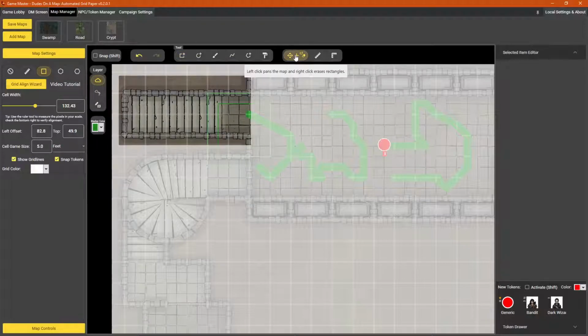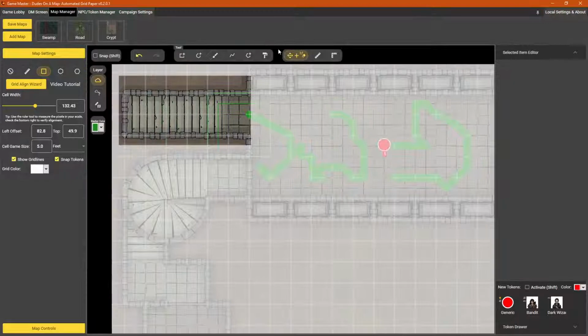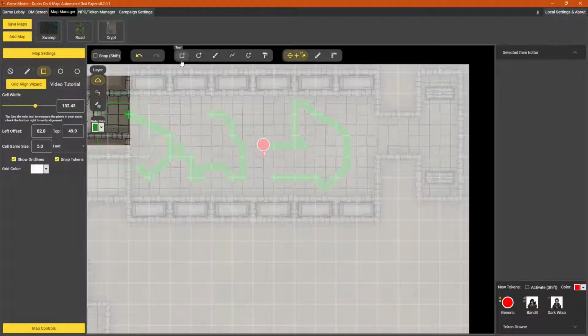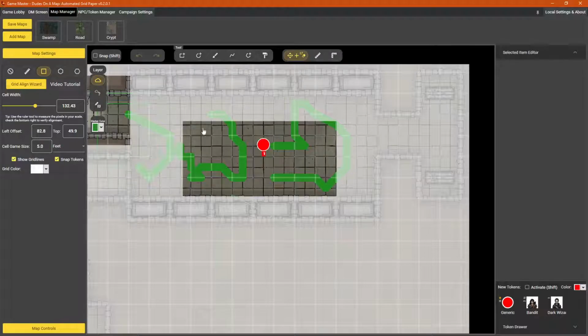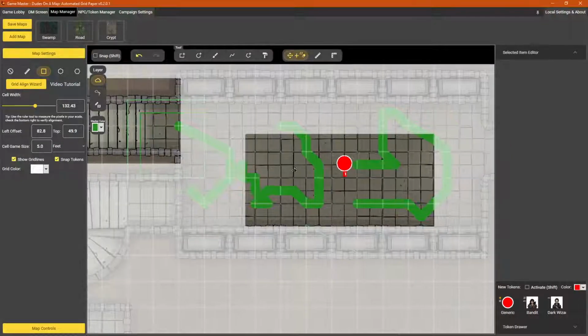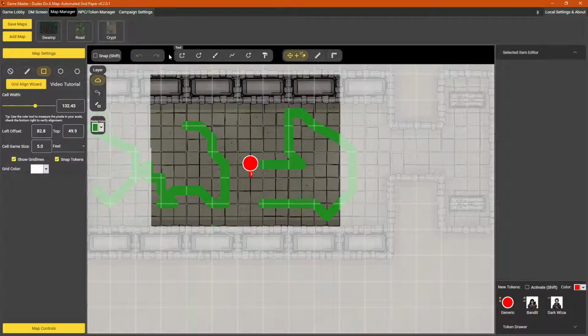This left click tool here is designed for use during play mostly. It makes it so that your left click button simply pans your map around instead of drawing, and your right click is a rectangular erase. This was the original way that Dudes on a Map worked, and I brought it in with our new tool-based drawing situation here